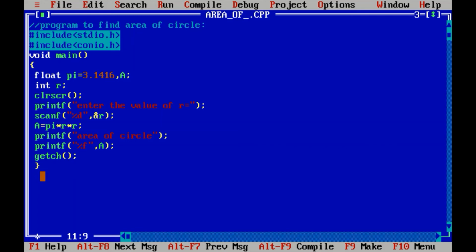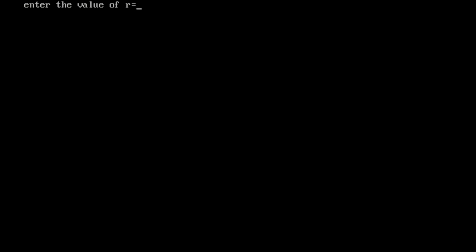Now I'm going to execute the program. Now it does not show me any error. So Control F9, and this is our output window. Here the system asks the user to enter the value of r. So I am writing any value, like 5. The radius of the circle is 5. Now when I press enter, it will show me the area of the circle by calculating it. So the area of the circle is 78.540001. It is the precision value of this area of circle.